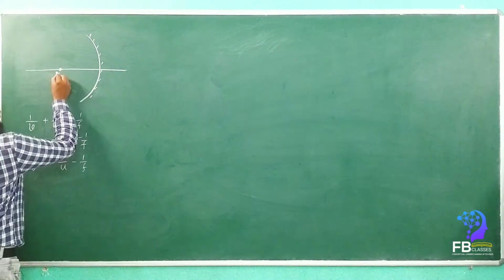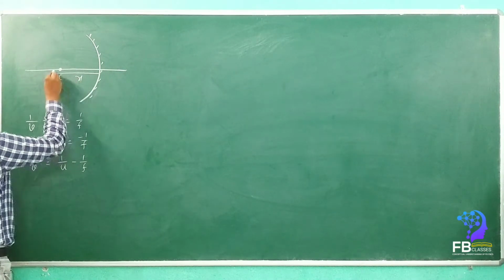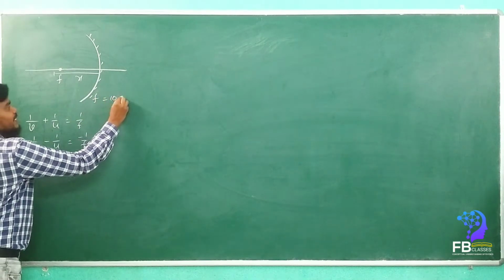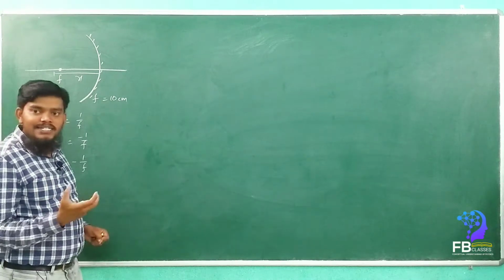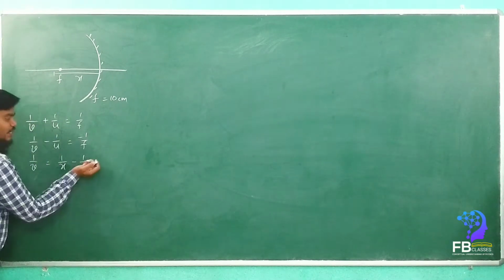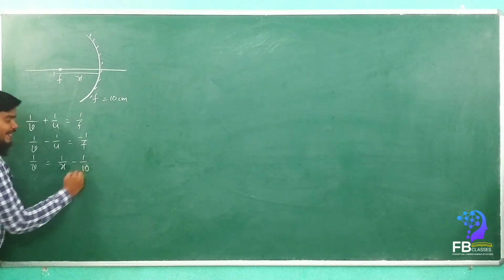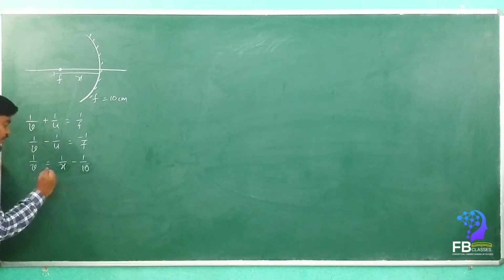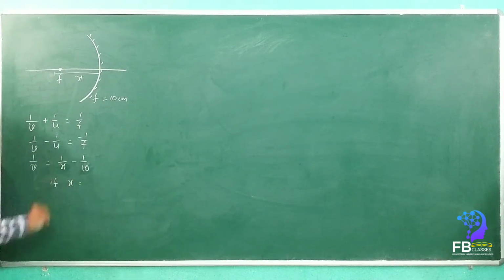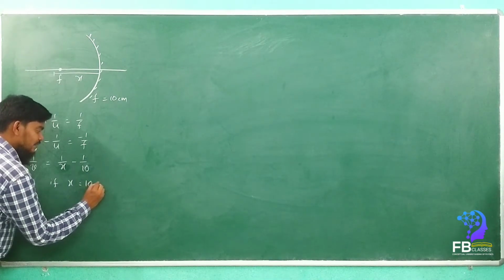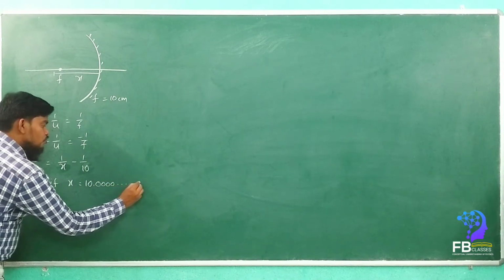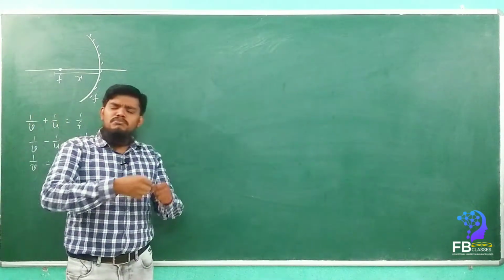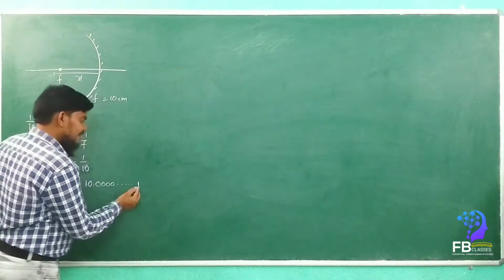Yes or no? Consider we place the object at distance x. Let the principal focus be equal to 10 centimeters, because we have to understand the mechanism of what is going on here. Instead of F, we are going to take 10. What is the important thing we have to remember here? If x is equal to 10.000000000001, that is, 10.000 with an infinite number of zeros, and after that 1.